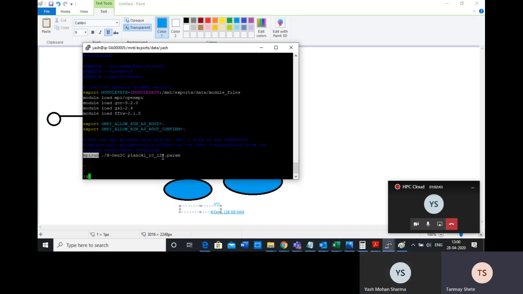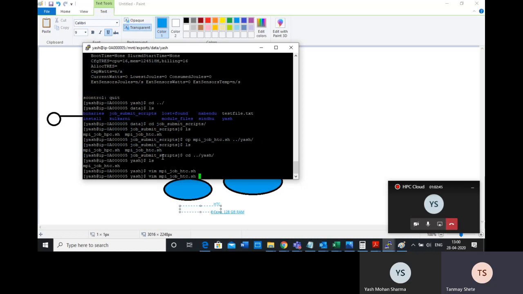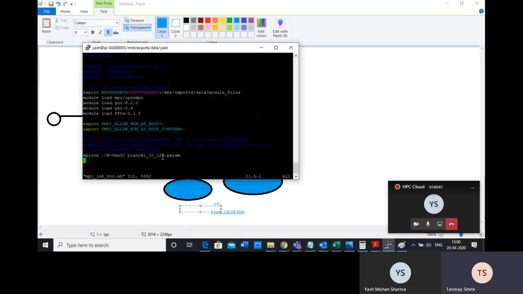Once your job script is ready, for example, I don't have many of these parameters. I will not run this particular one, because I may not have this input file, but I can just run a simple command, say date. Date is a command, right? That I want to run. For this command, I just need, say, one core or two cores.